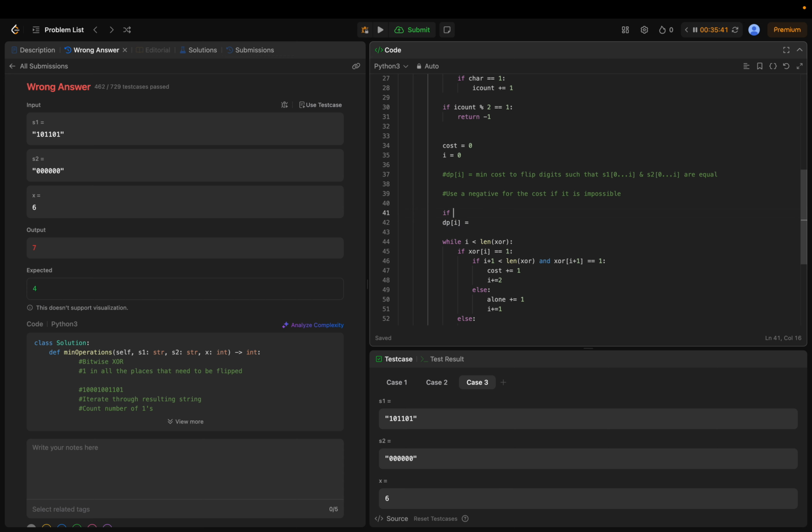If XOR I is equal to 1, else XOR, else DPI is equal to current